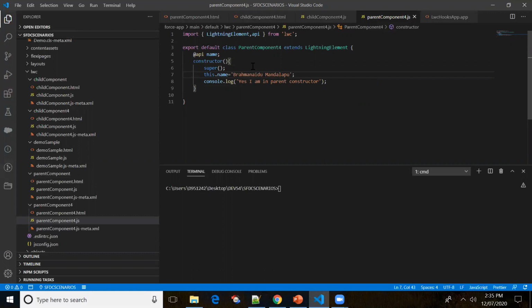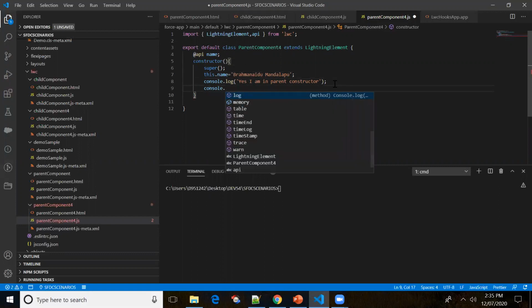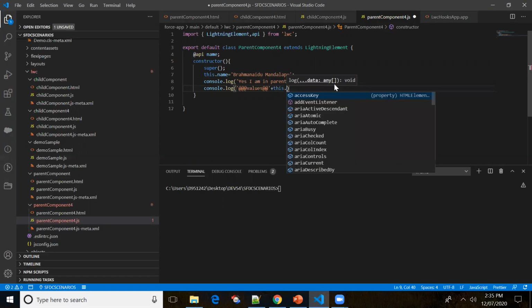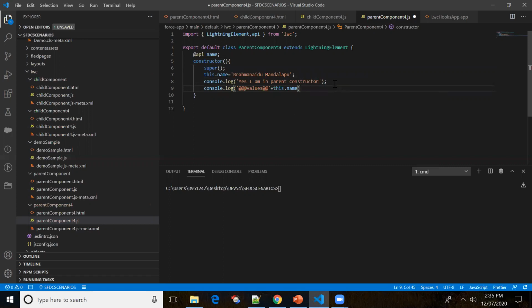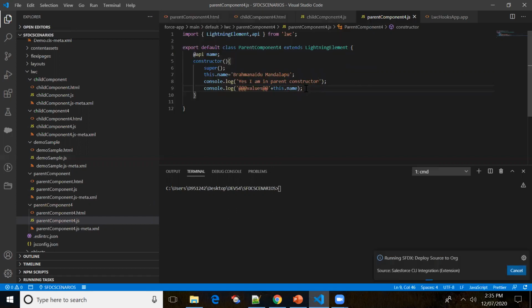Okay. Let me put console.log values. Okay. So let me put this dot name. Okay. So let me deploy this code to the source org.